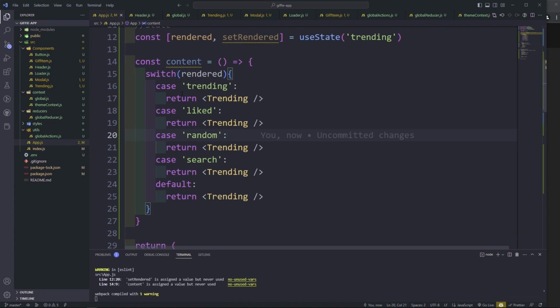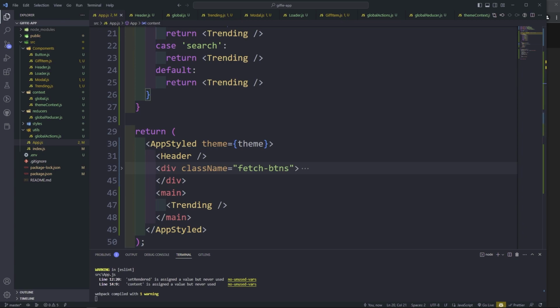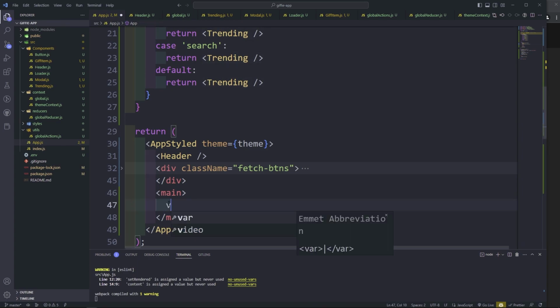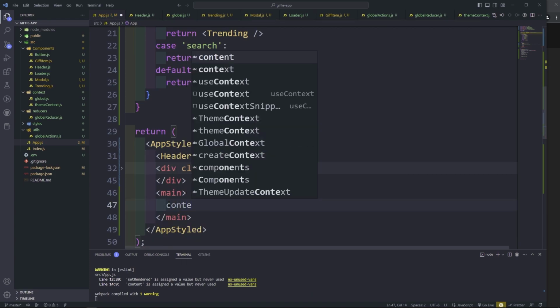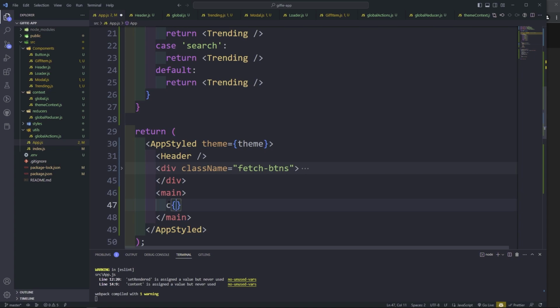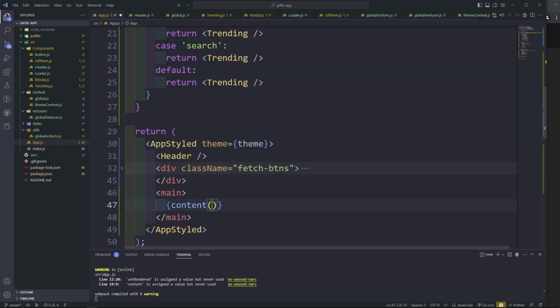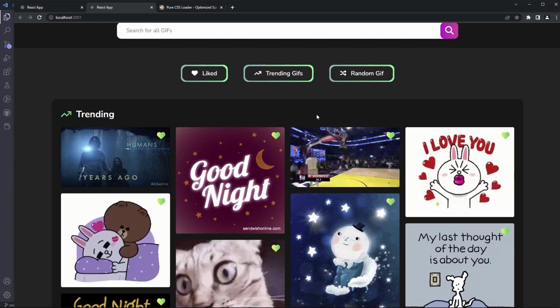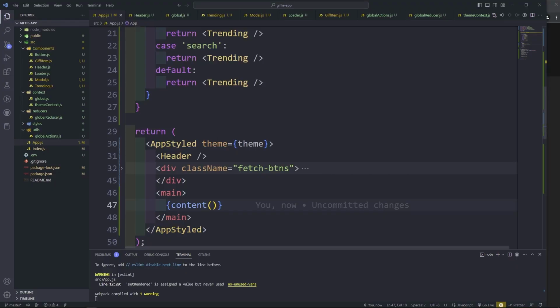Okay, we're switching. So now what I need to do, I'm just going to get rid of the trending in here, and then run the content function. Content. Okay, so now we're running the content. By default, we should be able to see this trending is still there. So what we need to do is switch